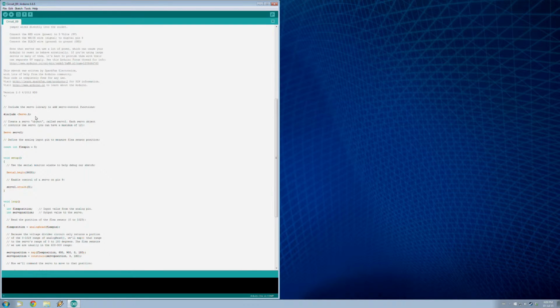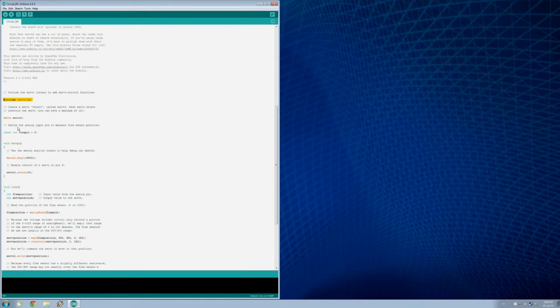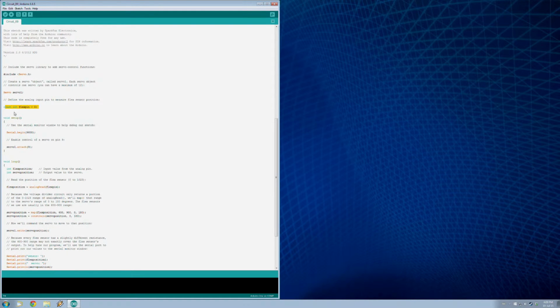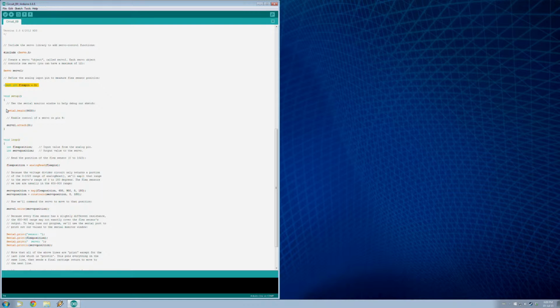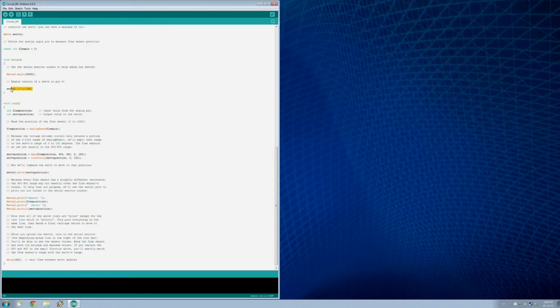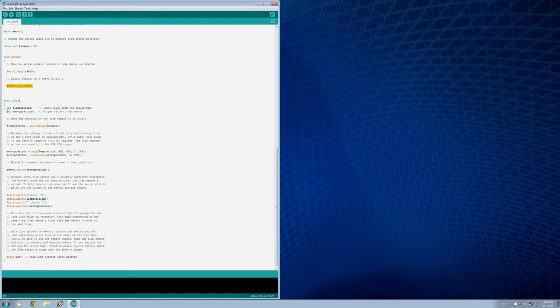So the first thing we need to do is include this servo library. Now what this library has is a whole bunch of controls to make the servo programming easier for us, so we don't really have to start from scratch. So thank you to whoever made that library. So we're going to declare our servo here and then set our constant for the pin for it. So we use the serial monitor, as it says here, to help debug our sketch, but we shouldn't really need that too much. So we're going to attach the servo to pin number 9 here,